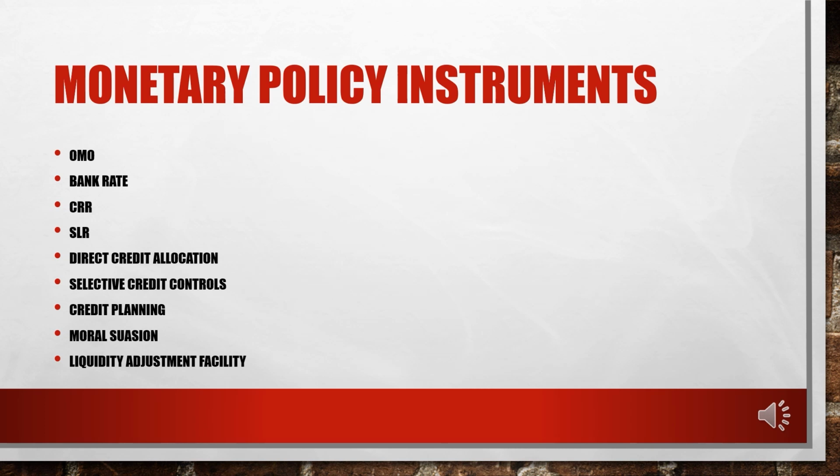So the marginal standing facility rate is a little bit more than the repo rate. If commercial banks want to borrow money from the RBI, they can borrow through the MSF rate after their limit under the repo rate is over. So at a particular point in time, RBI ensures that instead of going to RBI, they should go to the call money market, right? The call money market is where one bank can borrow from another bank, right?